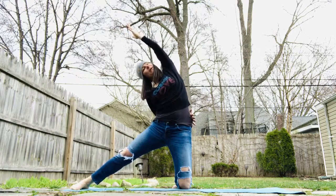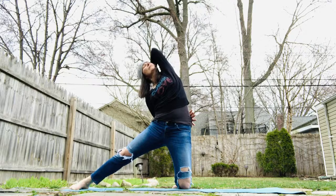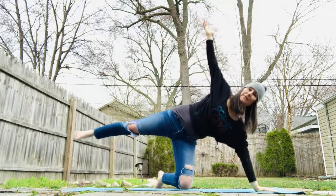Maybe wrap that right arm around the back. You can even take this left hand behind the head and just kind of let the head drop back into the hand. Reaching the elbow towards the sky. Inhale, come on, back up through center, get nice and tall, then bring that left hand down,